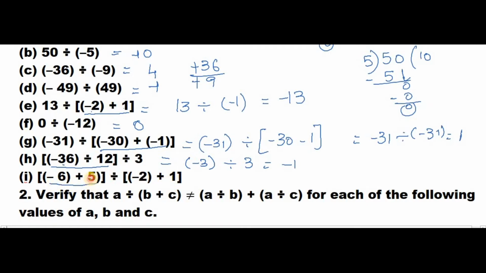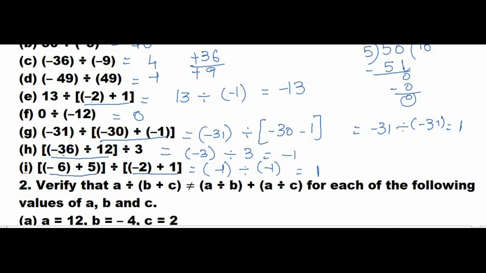First of all, minus 6 is the bigger one, so the answer will be subtraction, and you'll get minus 1 here divided by, and here also minus 2 is the bigger one. Minus 2 plus 1 is minus 1, nothing but 2 minus 1. Minus 1 divided by 1. In the 1 table when will 1 come? 1 ones are 1. And here both have the negative symbol, so the symbols will strike off and we'll get a positive number, right?